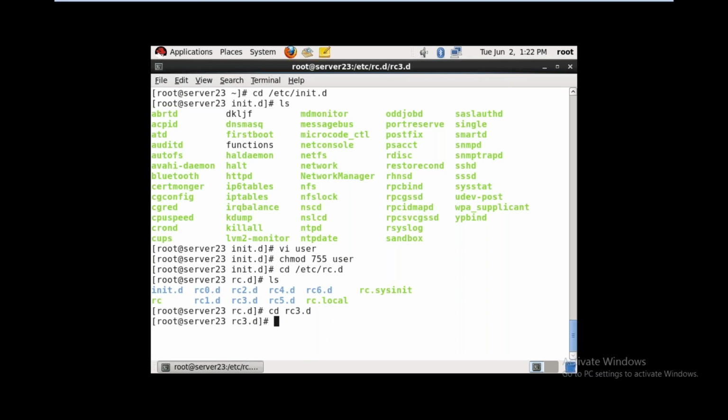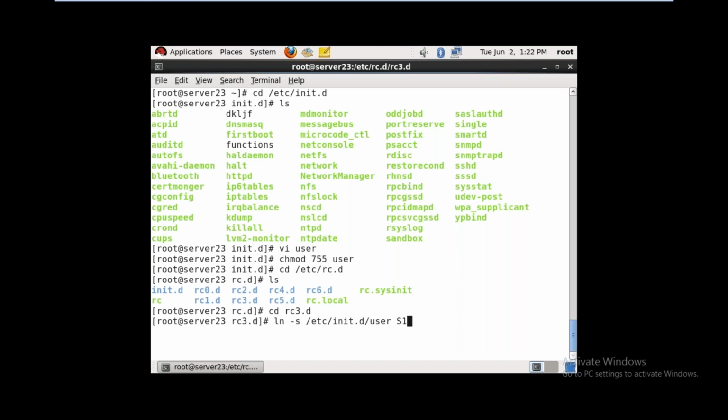So when the system is entering run level 3, it will run. Go to cd rc3.d, then make a soft link with ln -s, where the file is located under the /etc/init.d directory. File name is user.